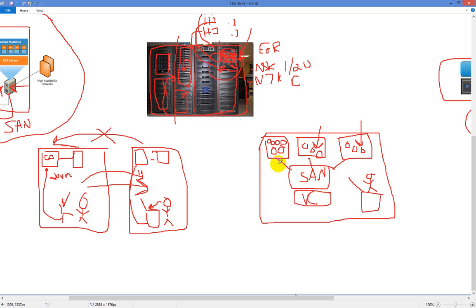Well, what I could do is go in here and set up things like storage DRS, distributed resource scheduler, and I could be taking a look at my utilization as we're going throughout the day. And my boss can come to me and say, hey, how come host 2 and 3 are at, say, 20% utilization, and host 1 is at, say, 80%? And I could be like, well, that's because we have a bunch of dev guys doing their programming and whatnot. And he goes, okay.